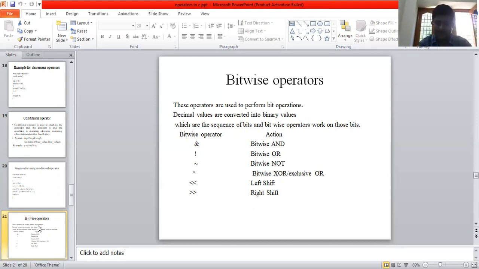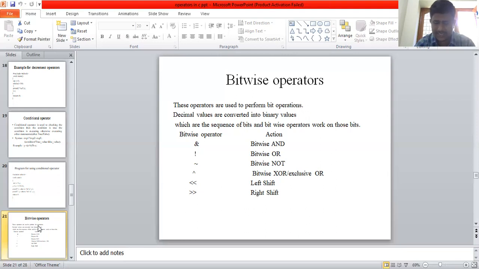So, for example, if a equal to 4 and b equal to 6, these are the decimal values. These decimal numbers are directly converted to binary numbers. The equivalent binary value of a is 0100. The equivalent binary value of b is 0110.